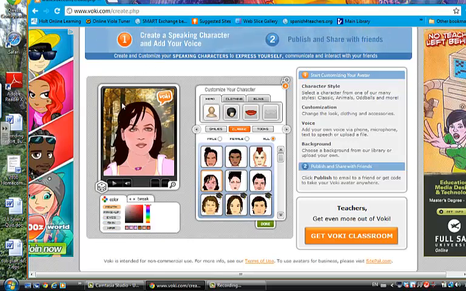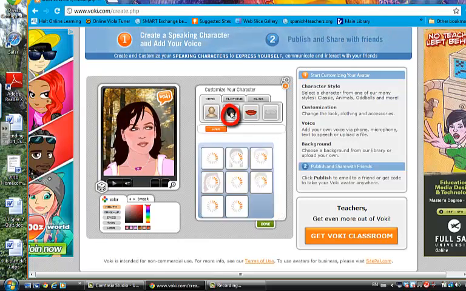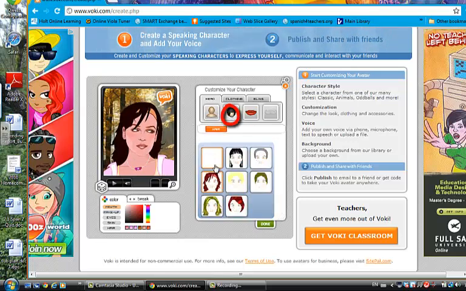So there I have the base for what I'm working with. If I then go and click on the hair icon, that's going to bring me to my different hairstyles that I can choose. So let's go with maybe this short one today. Sure. If I go over, actually I'm going to choose my lips next. If you click on the lip up here,